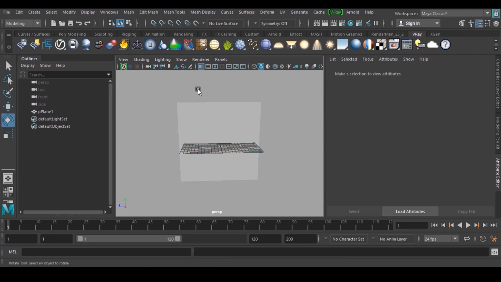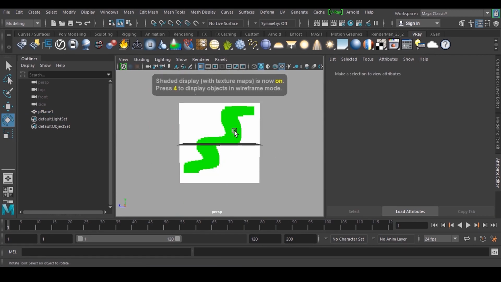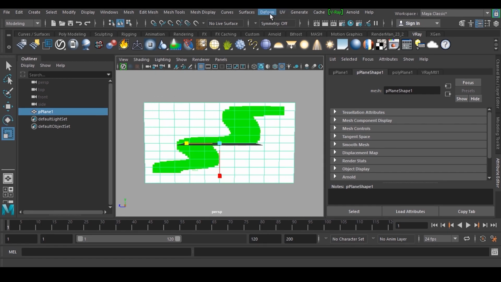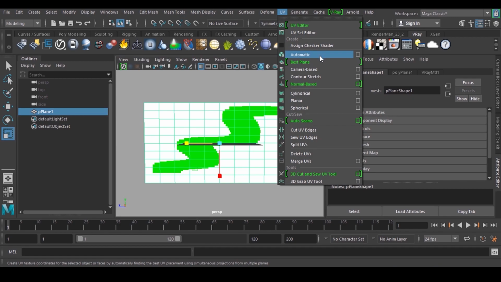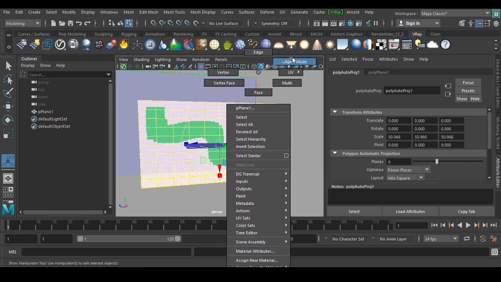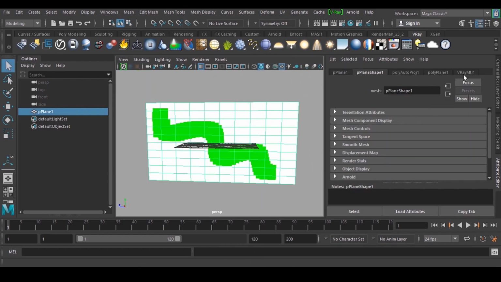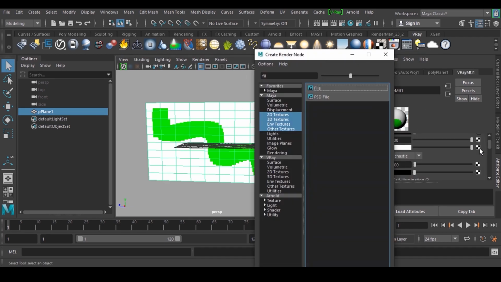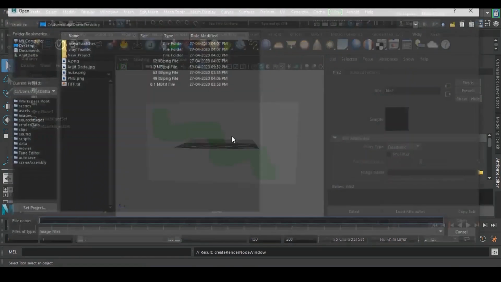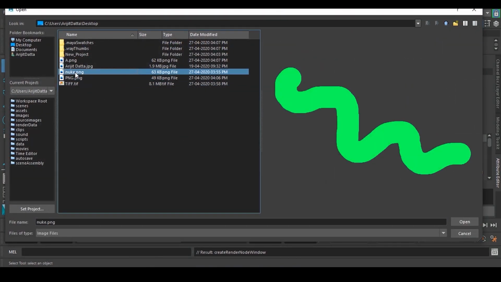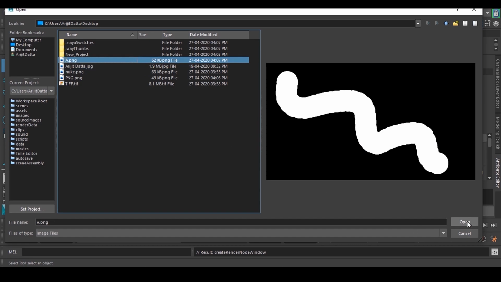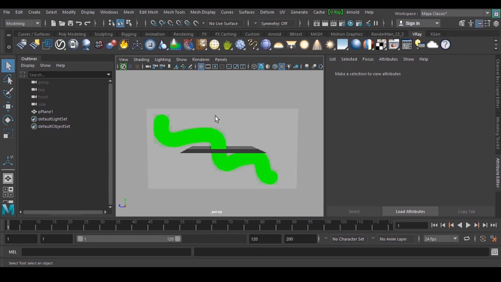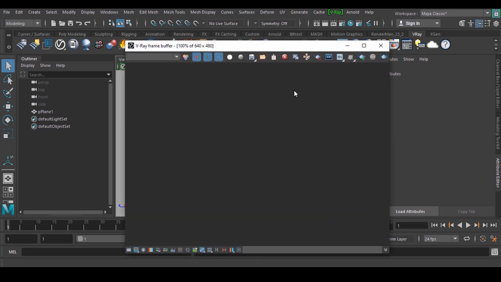okay, and press the 6 key from the keyboard, so you can see that, and you can make something like this and go to this UV and automatic. Now you can see the same thing we are having. It is not getting cut. So in the opacity map, what we need to have is that alpha, which is this one, alpha, which is okay. Now you can see if I render this,